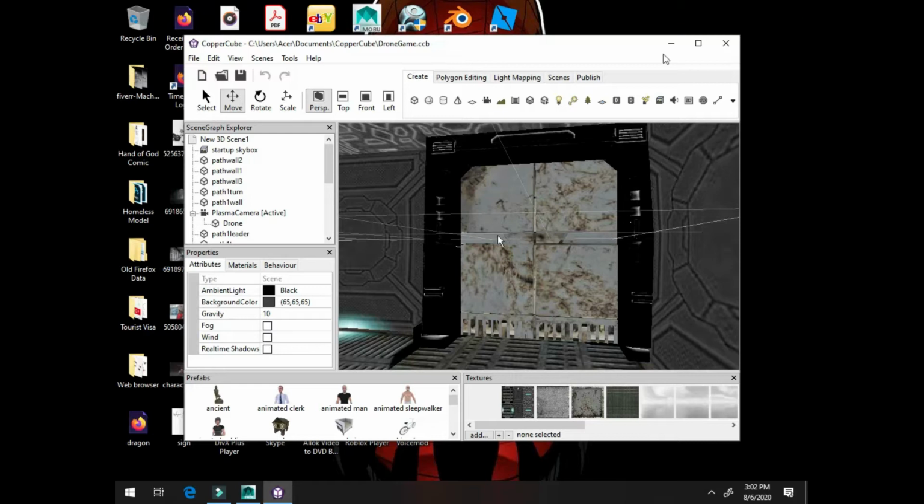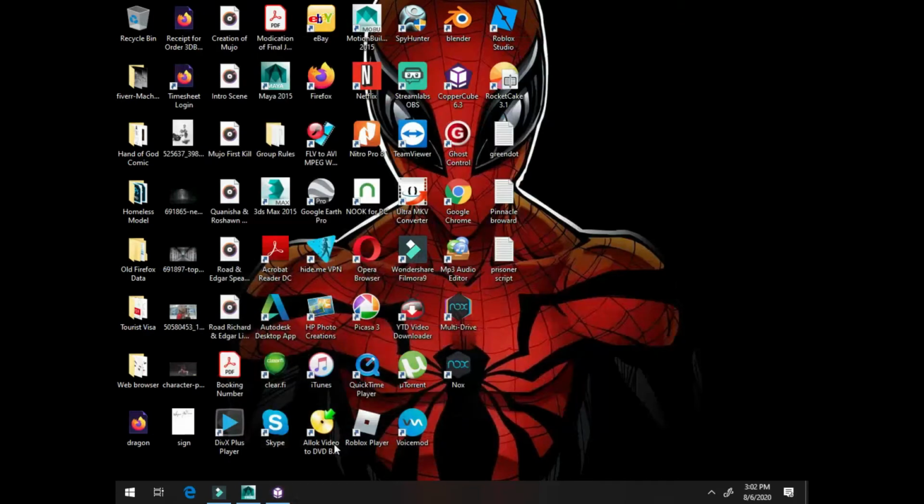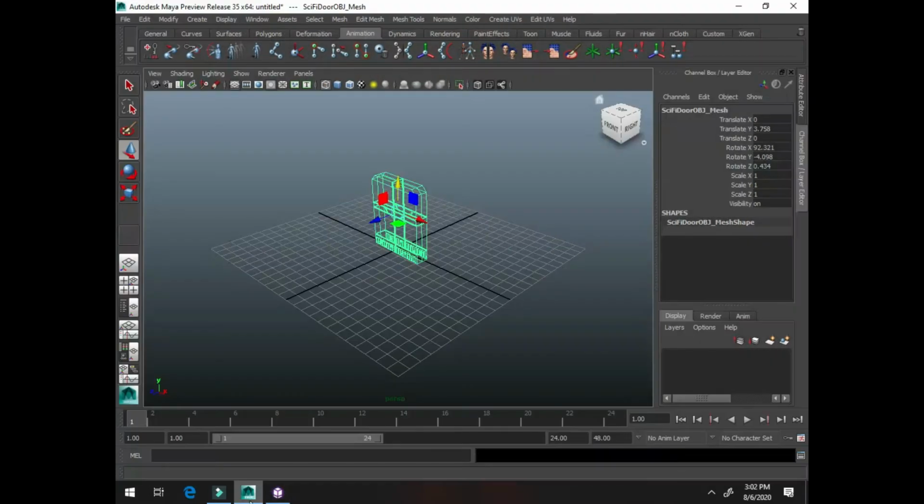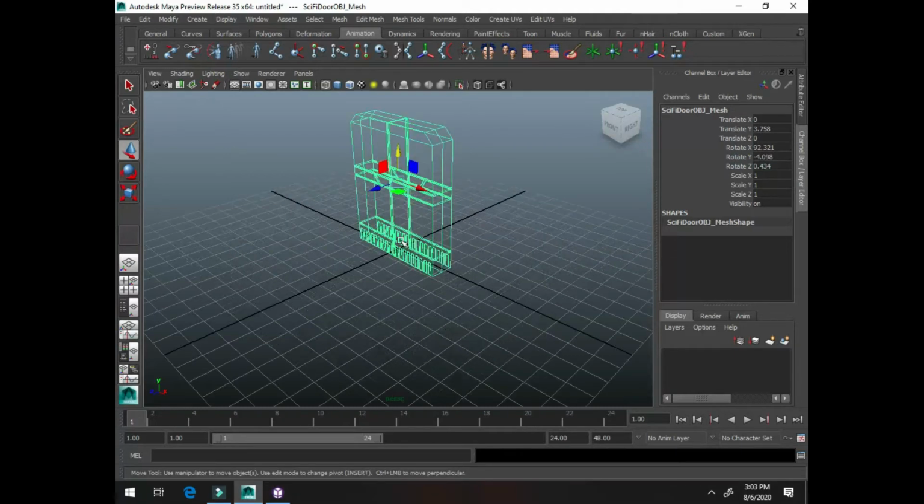All right. So I'm gonna close this down. I'm gonna open up Autodesk Maya. Feel free to use whatever 3D application of your choice, if it's Autodesk 3ds Max or Blender or any application you want to use. So I have the sci-fi door here. Okay. So first thing I'm gonna do is